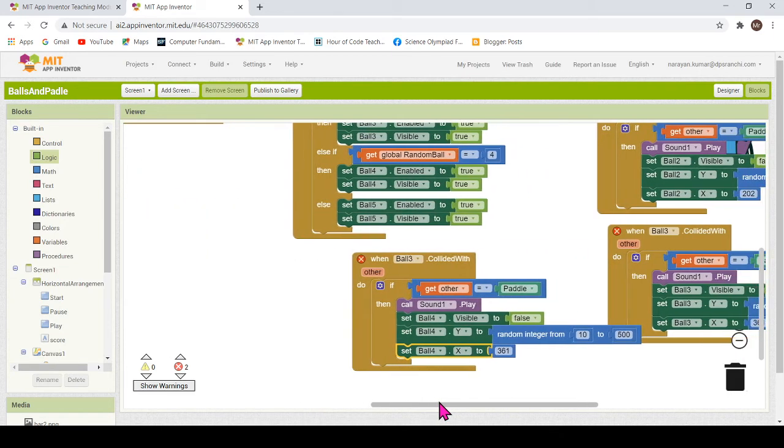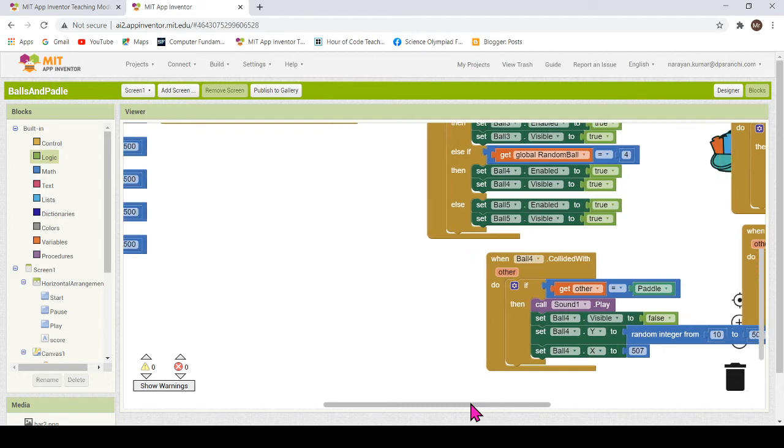Okay, so 507 for ball 4. We need to change ball 3 to ball 4 also. We are fixing its x-axis only. The y-axis will be selected randomly by the computer, so the ball location will be completely random according to the computer.